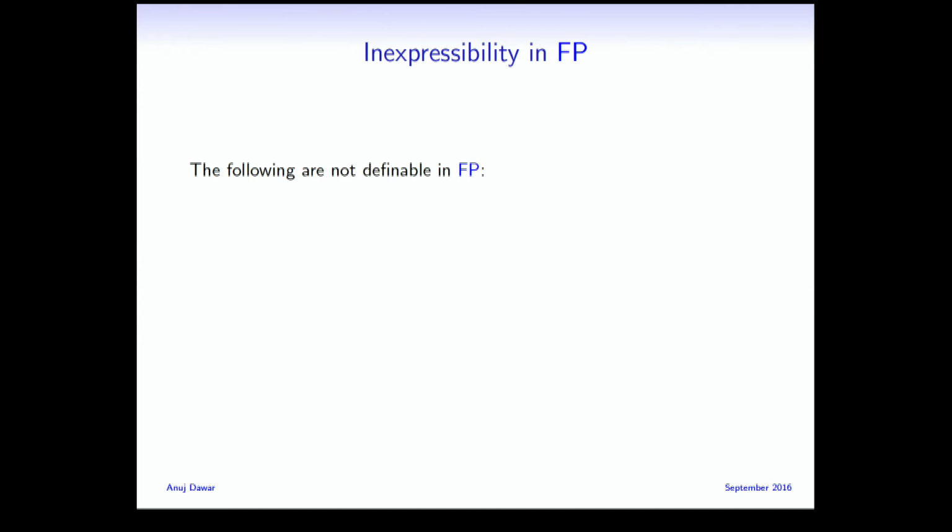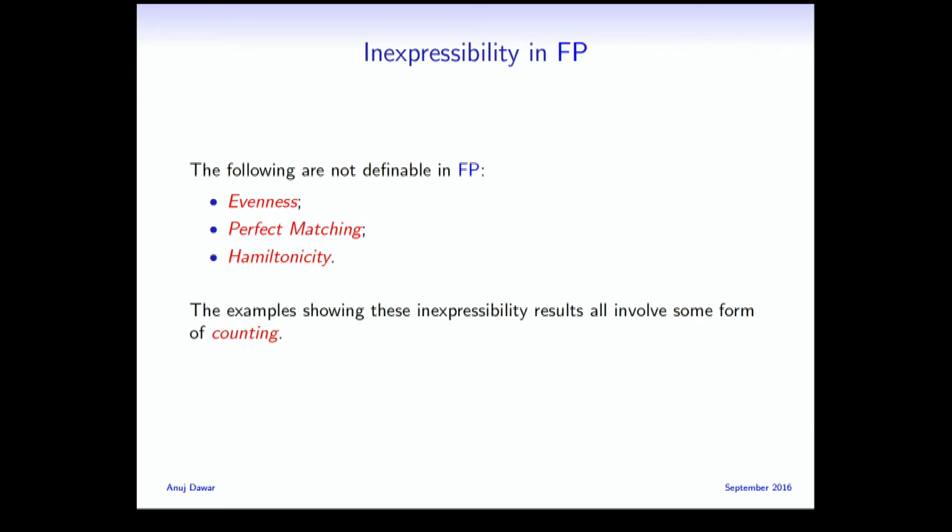And we've already shown that evenness is not definable with a fixed number of variables. We saw that with a pebble game in the very first lecture. So evenness is not definable in fixed point logic. We saw the existence of a perfect matching in a graph is not definable. We saw Hamiltonicity is not definable. Now this seems less surprising. This is an NP-complete problem. You wouldn't expect it to be definable. But we actually can prove it's not definable. We don't need to assume that P is different from NP to prove it. This is just the case. Okay.